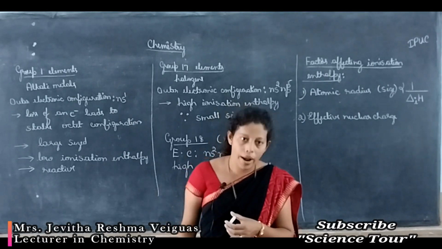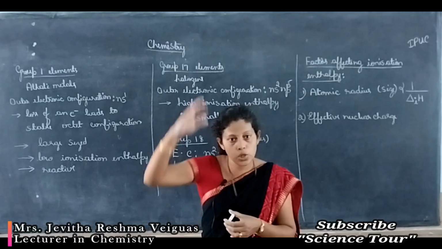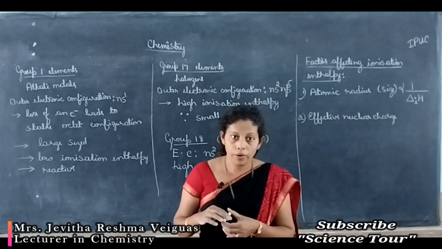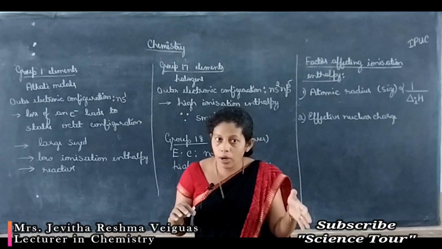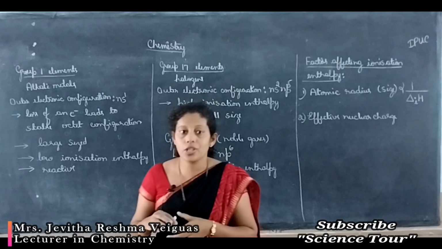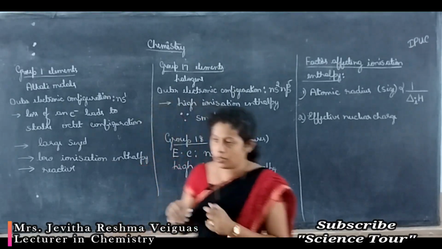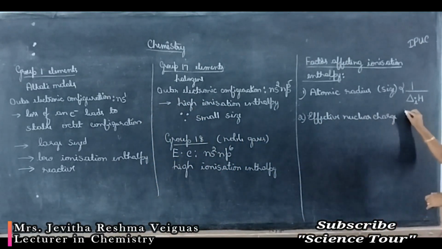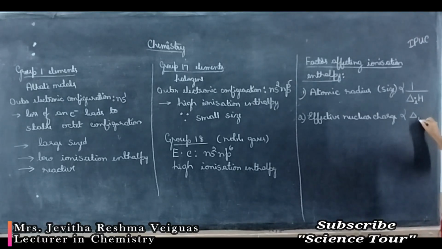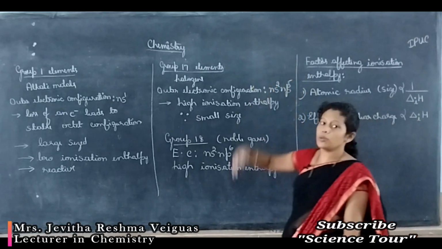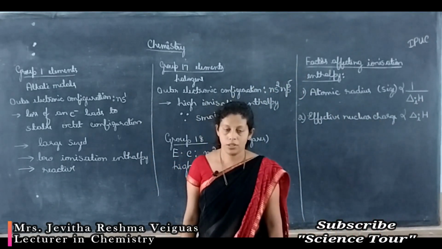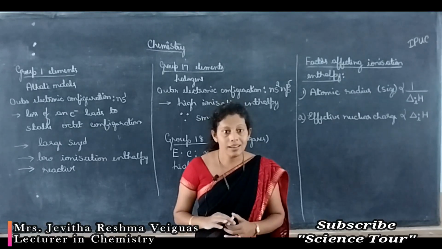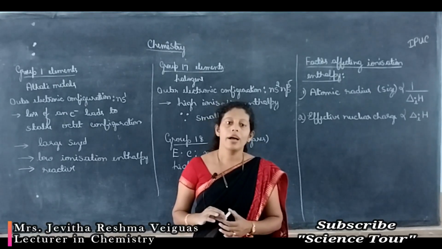So, the energy required to remove an electron is more. So, what we can say is more effective nuclear charge, small radius, hence large ionization enthalpy. This means effective nuclear charge and ionization enthalpy are directly proportional to each other. The more the effective nuclear charge, the more the ionization enthalpy, because more effective nuclear charge leads to a small atomic